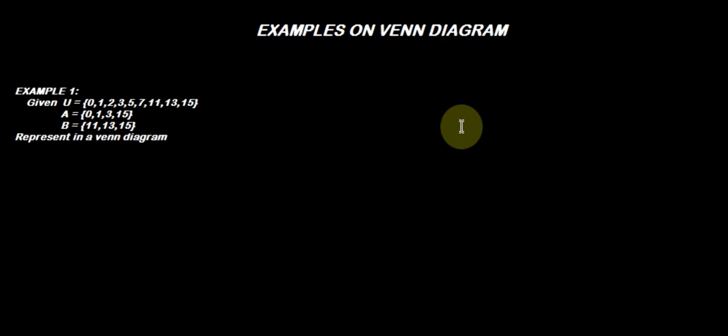Here we have our example 1. Given that our universal set is 0, 1, 2, 3, 5, 7, 11, 13 and 15, and we're also given the elements of set A and set B. Now we are asked to represent this using a Venn diagram. Okay? Now the first thing you have to ask yourself,